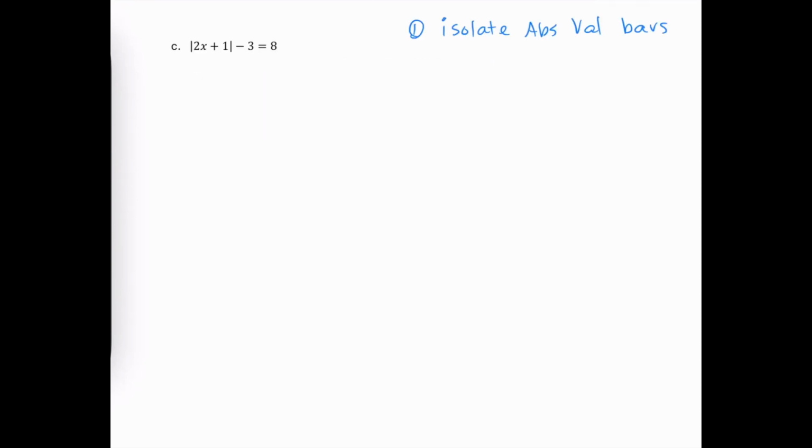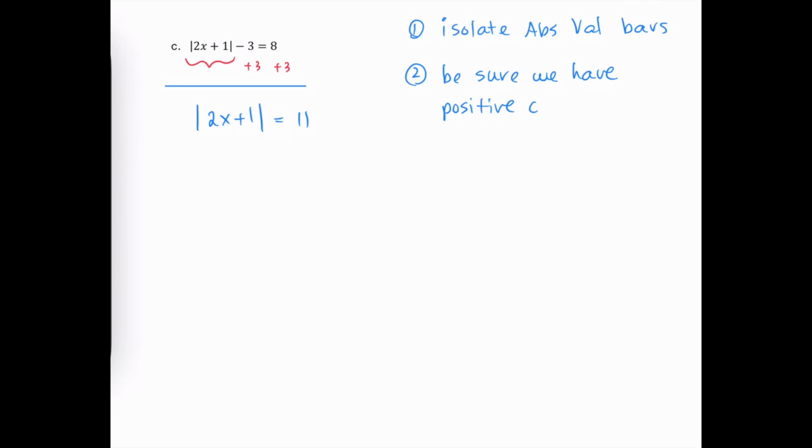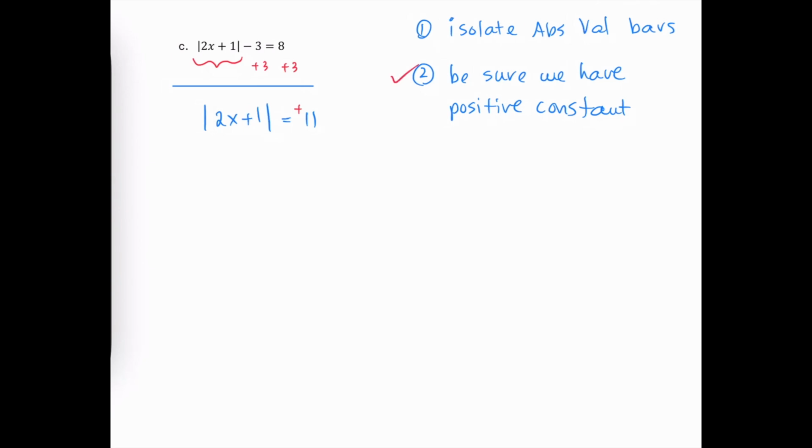So here we are with another example. Remember, our first step is to isolate this absolute value expression by adding 3 to both sides. On the left-hand side, we just have our absolute value bars. On the right-hand side, we're equal to 11. Now here is where we want to be sure to have a positive constant on the other side. Once our absolute value bars are isolated, the number that's on the other side has to be positive. Since we do have that in this situation, we'll move on to the next step,